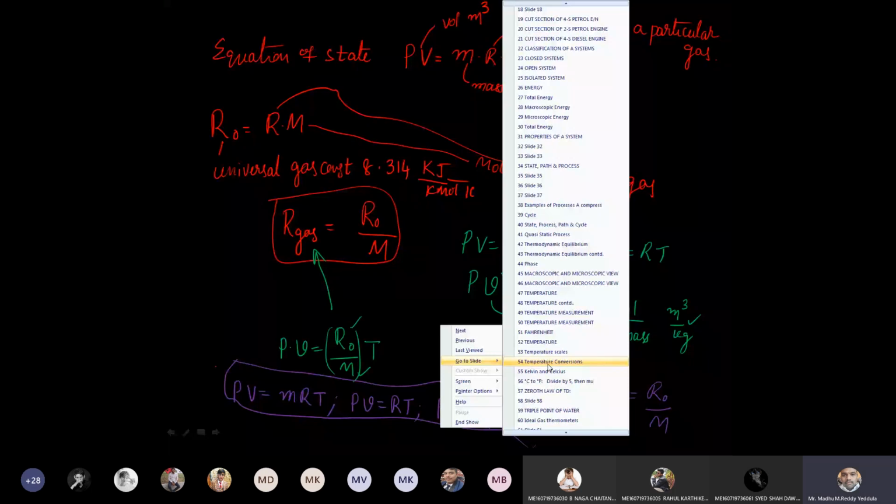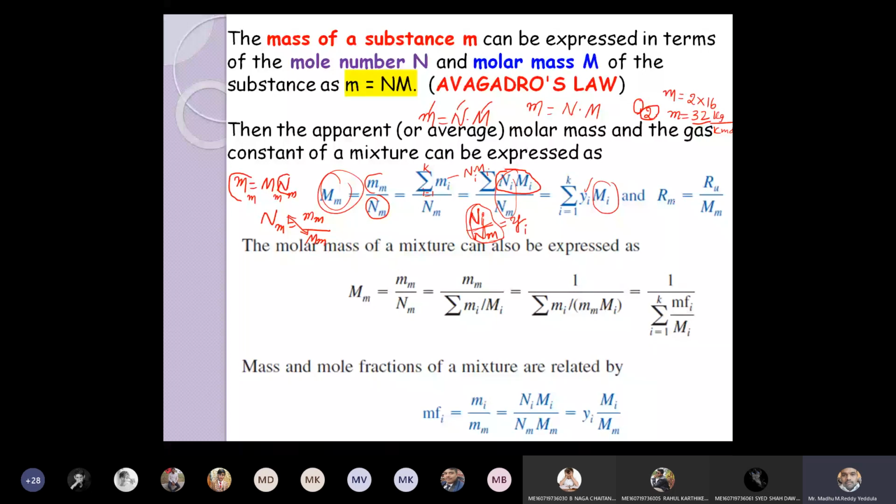Right. So similarly, just now I told you, R is nothing but the gas constant for a particular gas, and for a mixture it is nothing but the universal gas constant divided by the molar mass of the mixture. Clear? Clear now? RM is equal to, just now I said R is equal to R naught by M. Here we are using RU, the universal gas constant. For the mixture, the suffix M will be there.